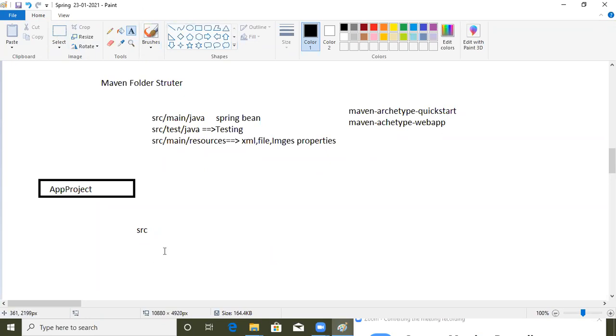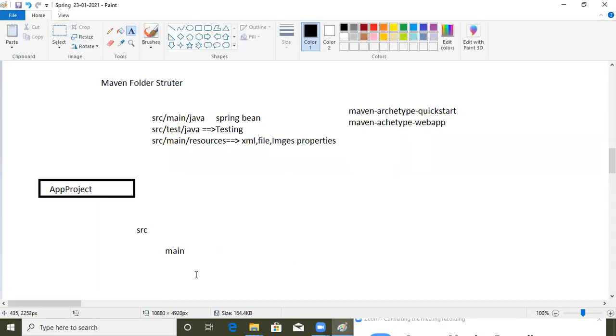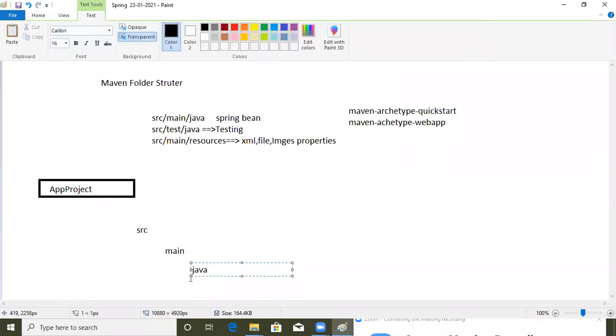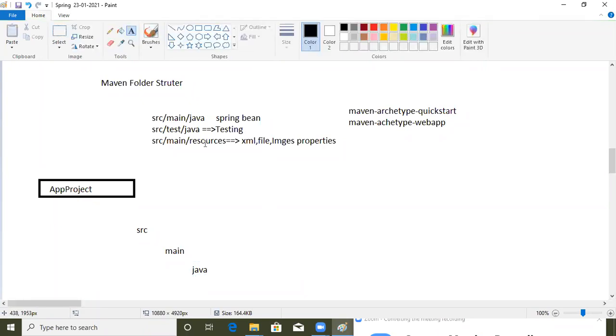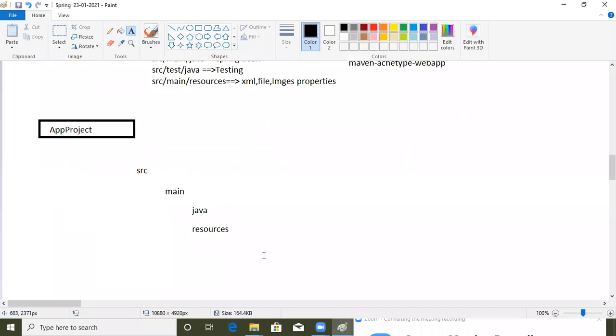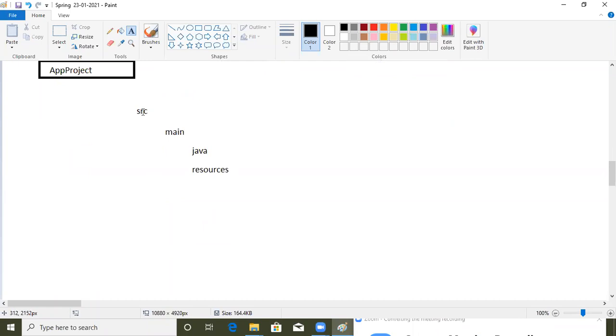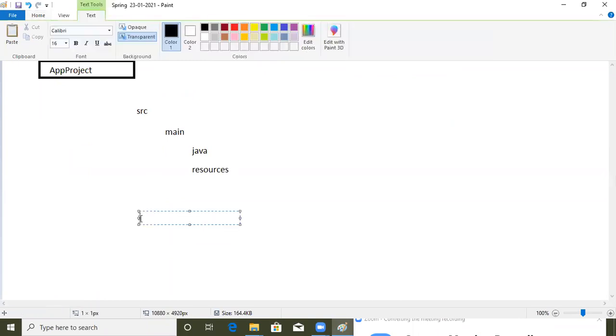Then there is the test folder, which is a child of src only. Inside test, one more folder, java, is there.